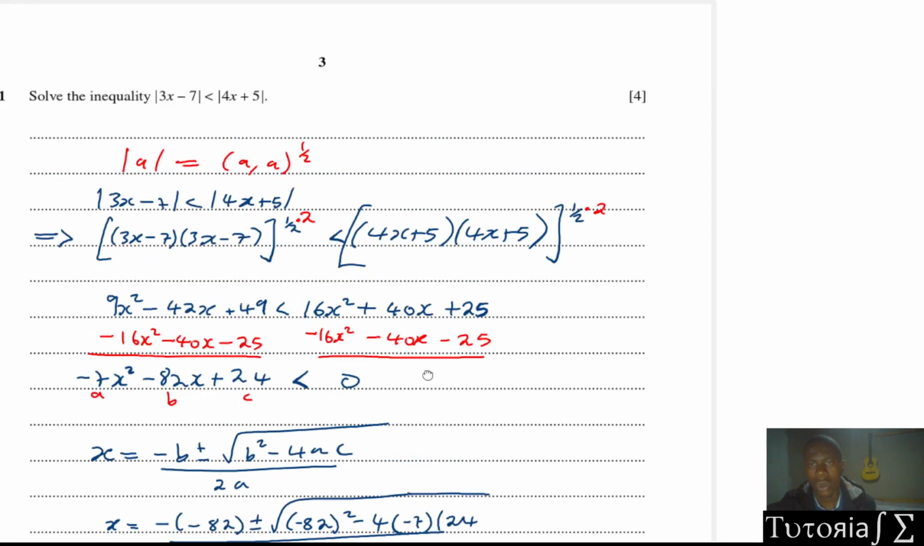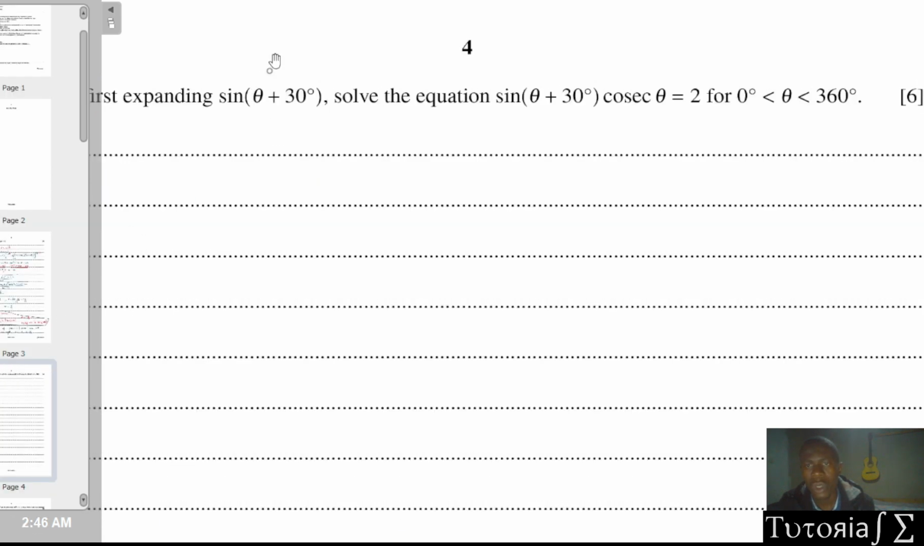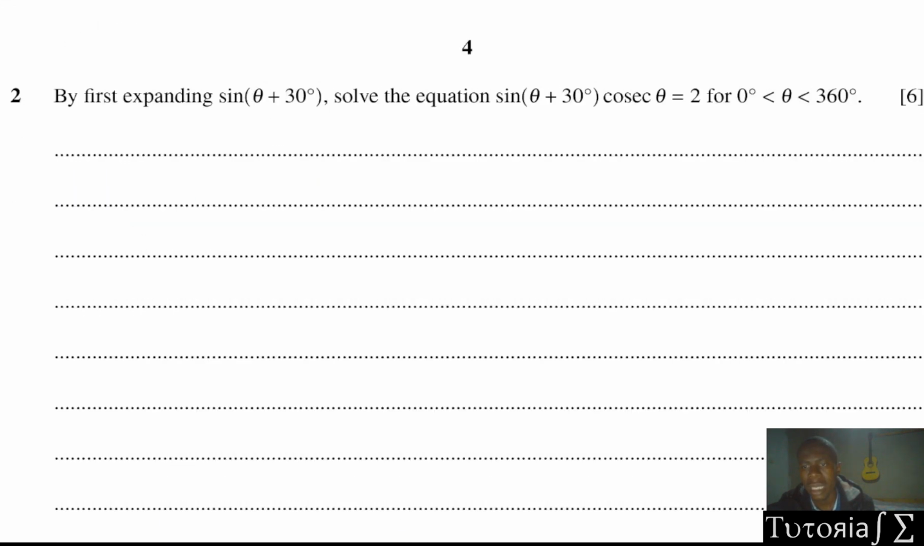Yeah, so this is question number 1. We can go to question number 2. Question number 2 is asking us, by first expanding this, solve the equation that. So we'll start off by expanding that. Now when we expand